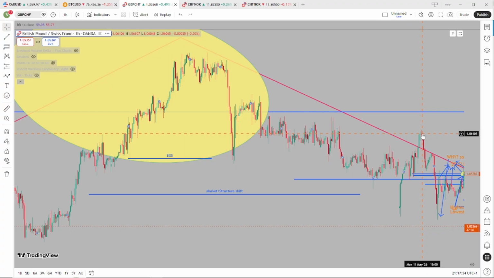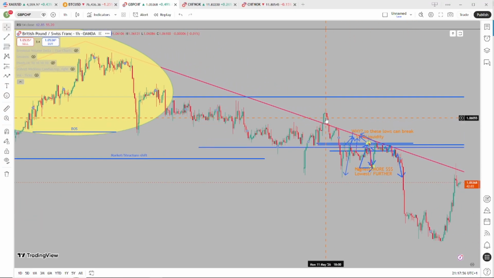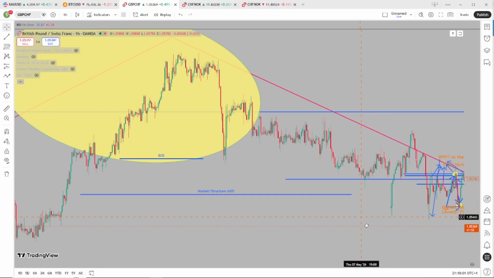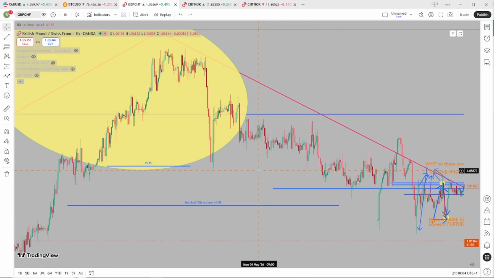Most perfect entry I've ever gotten in my life. Most perfect entry, I'll be honest. This is a sexy trade. Yeah, boy. One of the most perfect entries I've ever got in my life. Anyways, as I was saying,